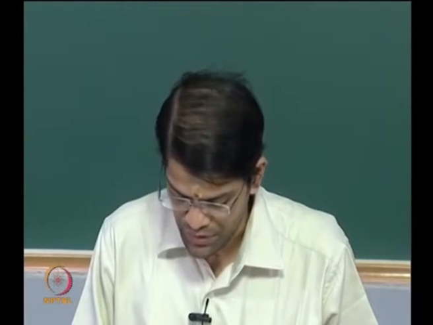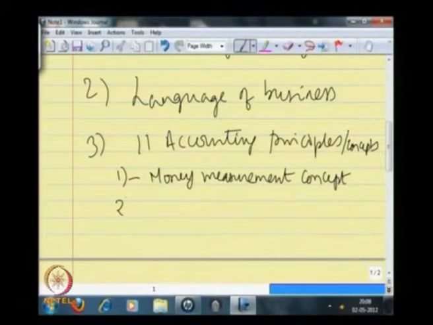So, a 20,000 square feet building needs to be expressed as 2 crore rupees in value. 3 tons of inventory needs to be expressed as some value in rupees, and only when all these activities get monetized and expressed in monetary terms, it makes financial sense when these sit either in the balance sheet or the income statement. So, that is the first fundamental concept based on which the accounting principles are framed. The second one is the entity concept.